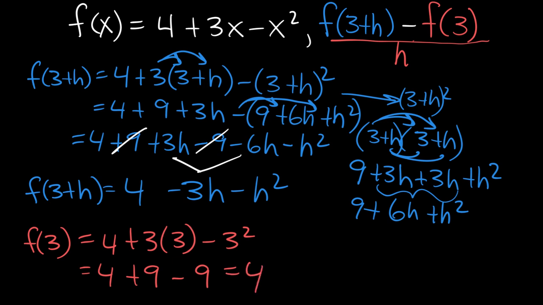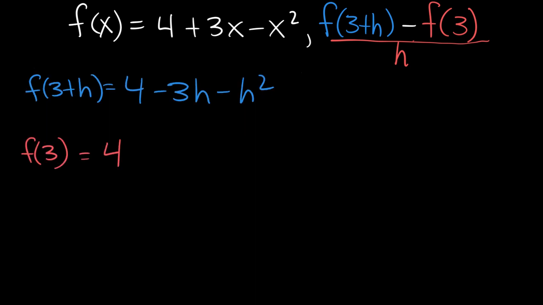So now when I clean all this up, I'll do that right now. So now what we've got is, with our fraction bar, f of 3 plus h, which is, as I wrote down there, 4 minus 3h minus h squared, and then we have minus f of 3, which is 4,